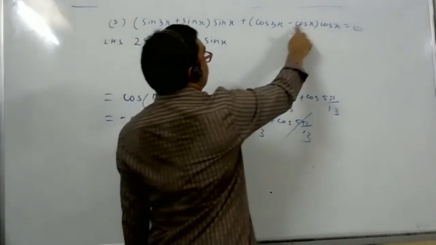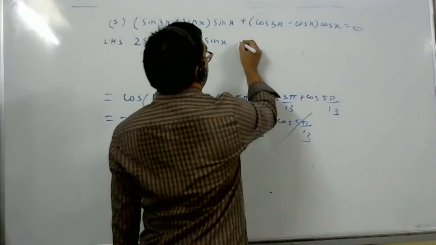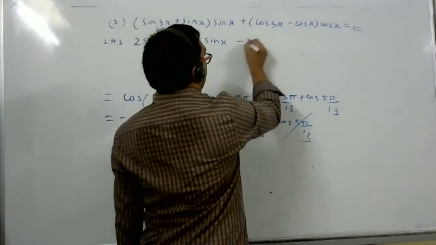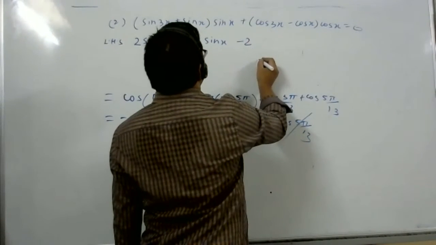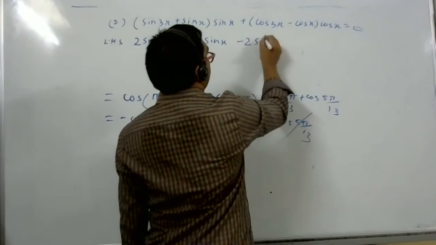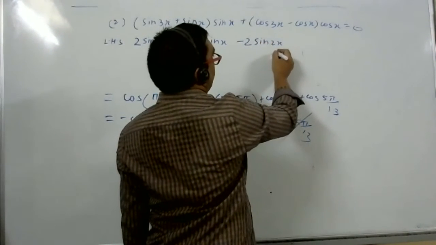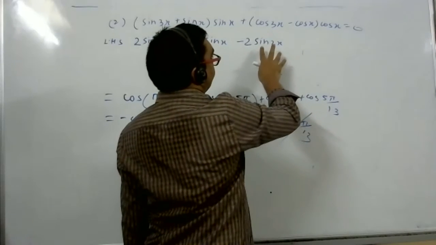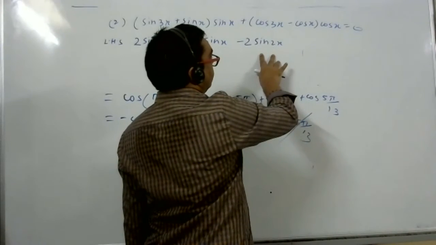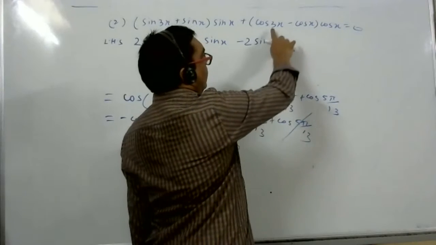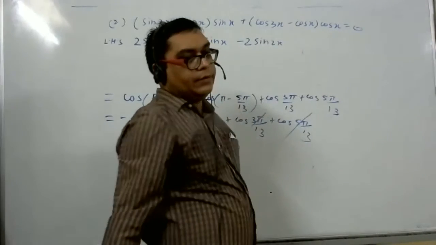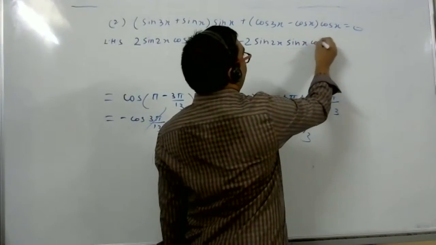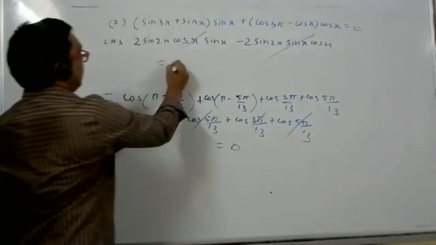Here cos C minus cos D. What is cos C minus cos D? It is minus 2 sin((C plus D) by 2) sin((C minus D) by 2). Do you not have the formula in front of you? Tell the formula, cos C minus cos D. See, both the terms get cancelled. Answer is 0.